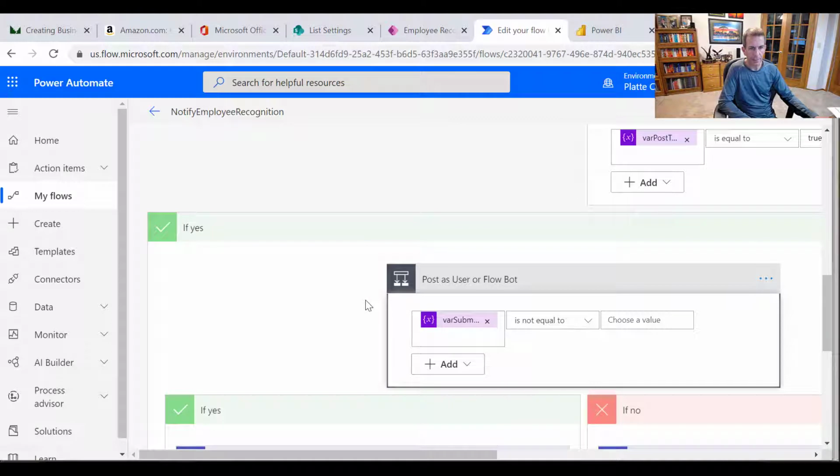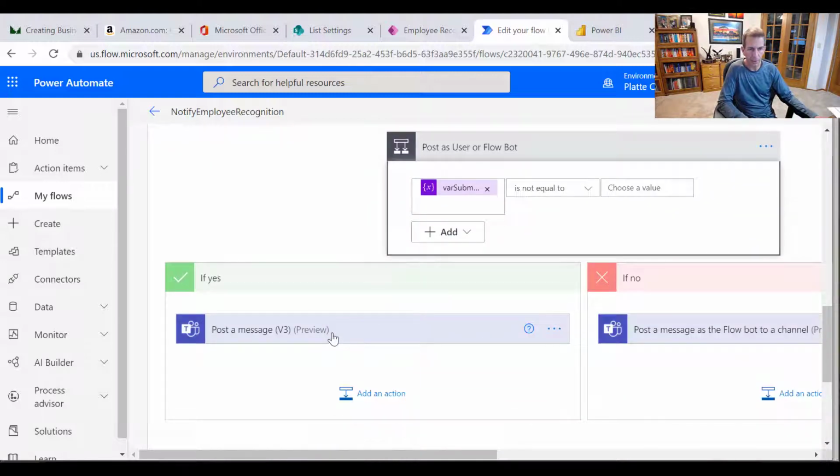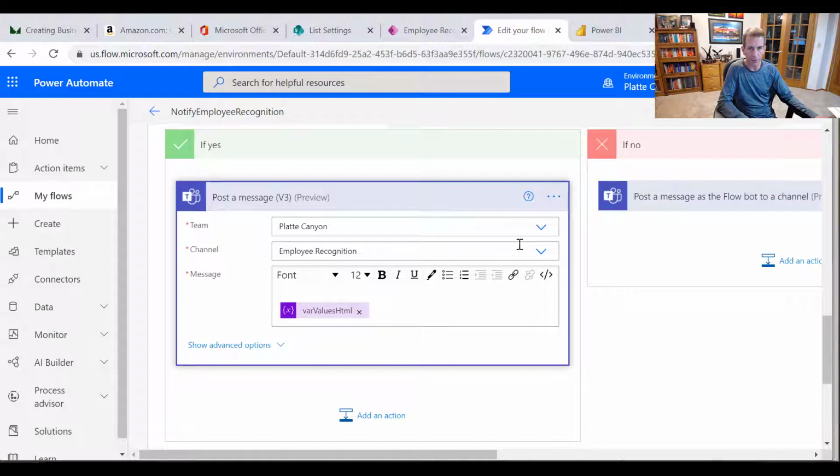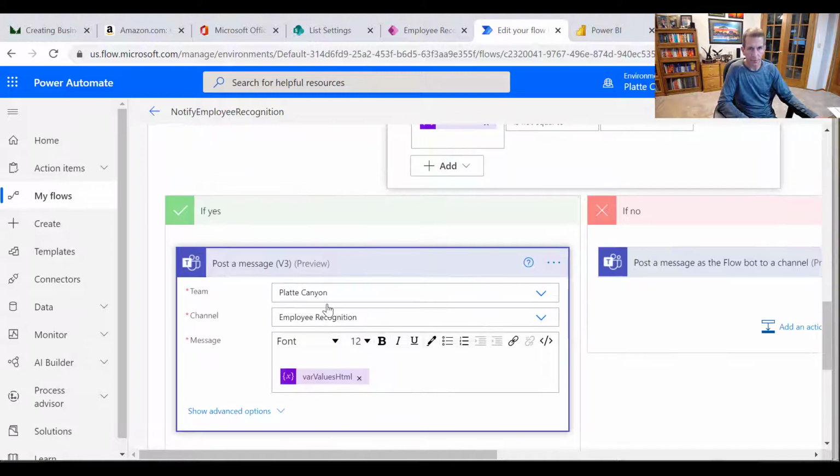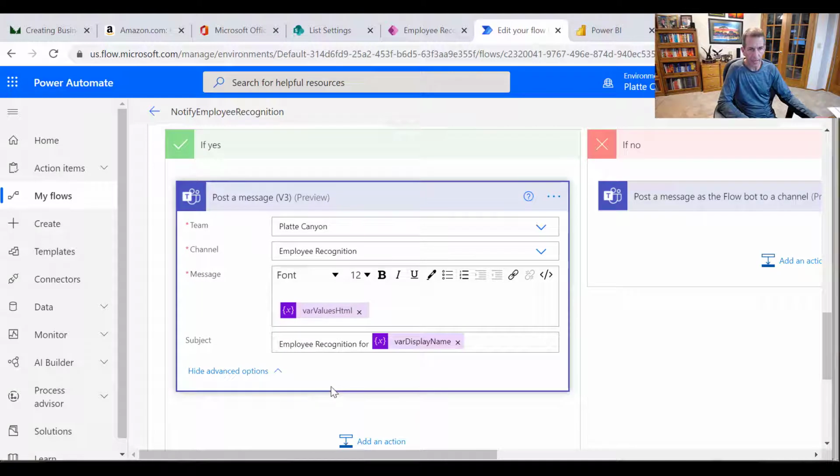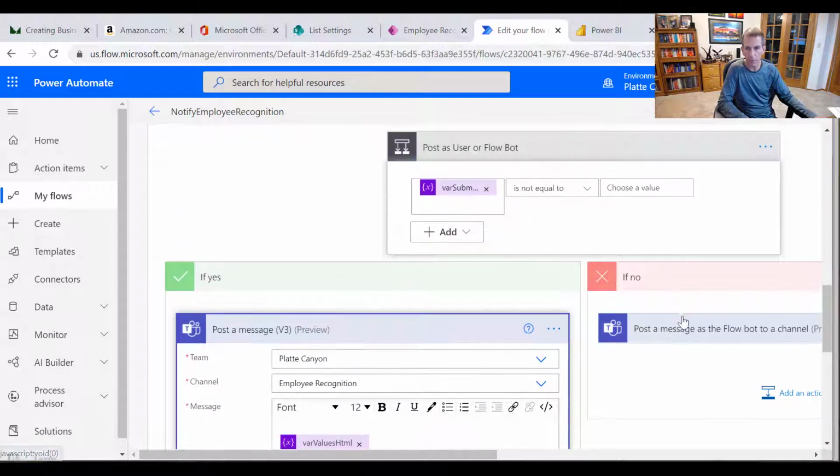Okay, so this is where it's saying if that var submitter is not equal to blank, so if it has a value, then we're going to just post it slightly different. So I pick my team, pick my channel, and then I just put my value HTML in there. Notice I have a subject too, so I say employee recognition for that person. Okay, and then if it's no,